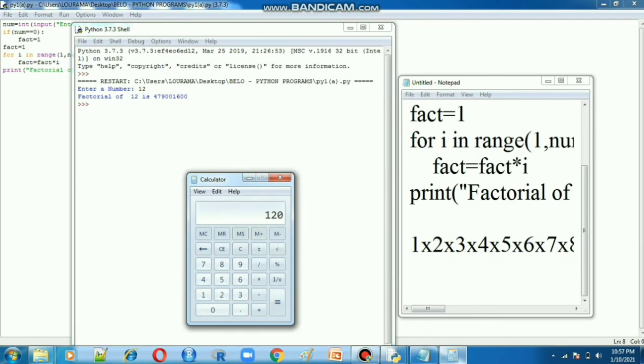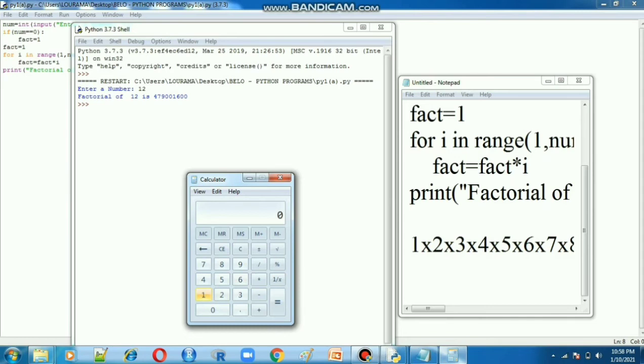You have to clear everything. I cleared the calculator itself. Now I have to multiply, up to 12. As I already told, 1 into 2 into, now you have to apply.